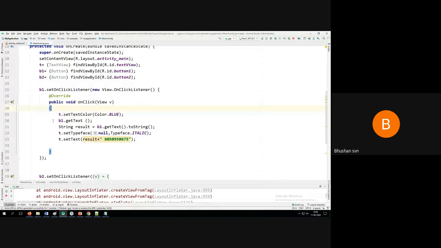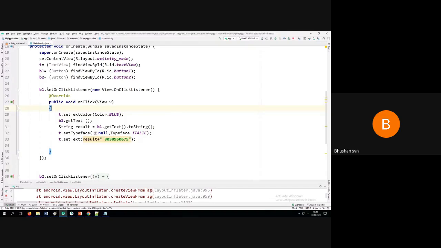Whatever wording Airtel you are saying will be stored in a string variable called result. After getting the text, it has to be explicitly converted into a string, because by default it takes an integer data type. So it has to be explicitly converted into a string data type, and that will be stored in the string variable called result.